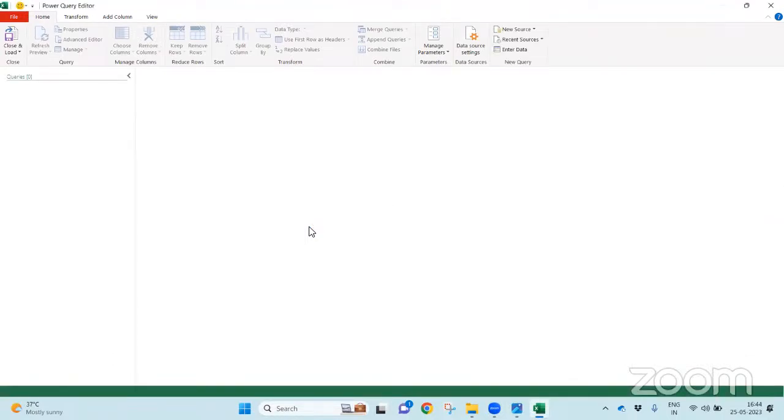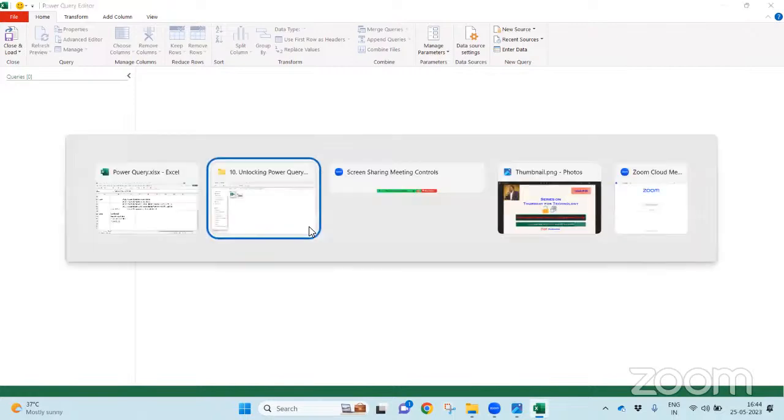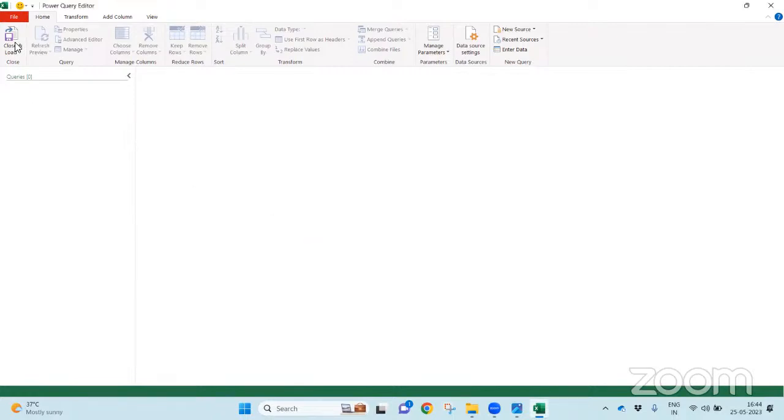I'll talk about the user interface, advantages, and so on. This is the Power Query Editor. This is another window of your Microsoft Excel. But when it comes to Visual Basic, you can open the Visual Basic Editor and, keeping it open, go back to your Excel. That's possible. But keeping the Power Query Editor open, you cannot go back to Microsoft Excel. That's not possible at all. You cannot go back to Excel.